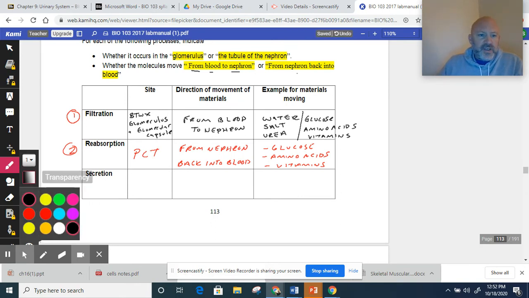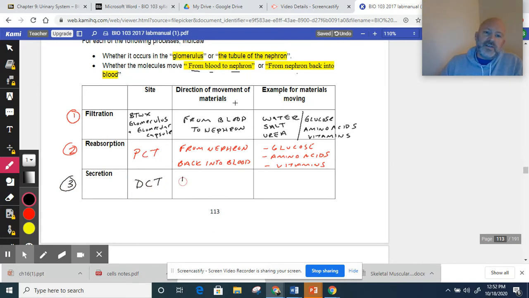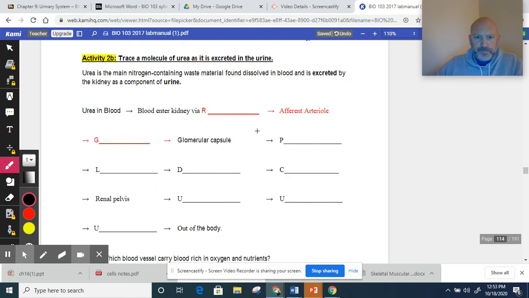Secretion would be the last step, and this is happening at the distal convoluted tubules. And this is when we take things that are still in the blood that we couldn't get rid of earlier because they were just too big. So from the blood into the nephron. And these are larger contents. For example, drugs, either recreational or